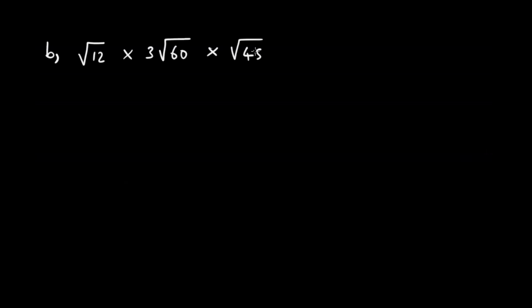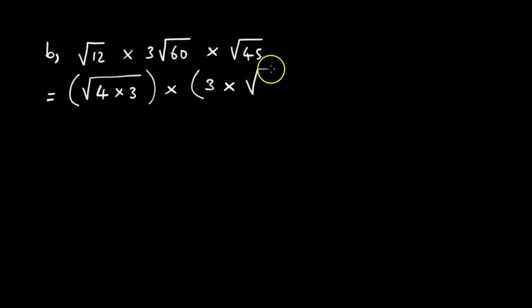So if you think hard, if you are now used to it, because practice makes perfect, especially in mathematics, this is equal to, press a bracket. Instead of writing 12, let us write the square root of 4 times 3. Why 4 times 3? 4 times 3 is equal to 12. 4 is a perfect square, because the square root of 4 is 2. So 12 is 4 times 3. So this is 3 times the square root of.